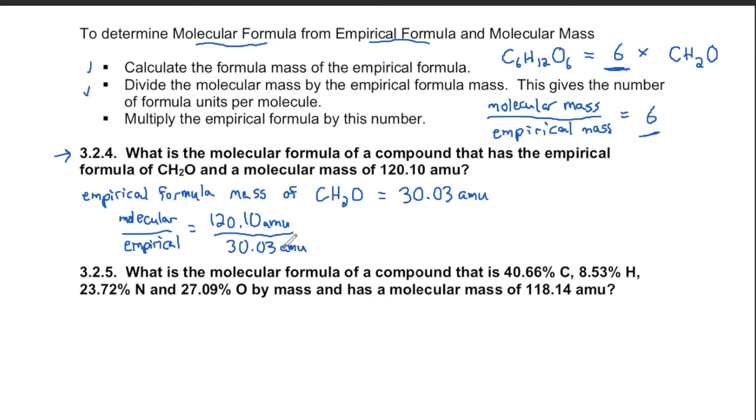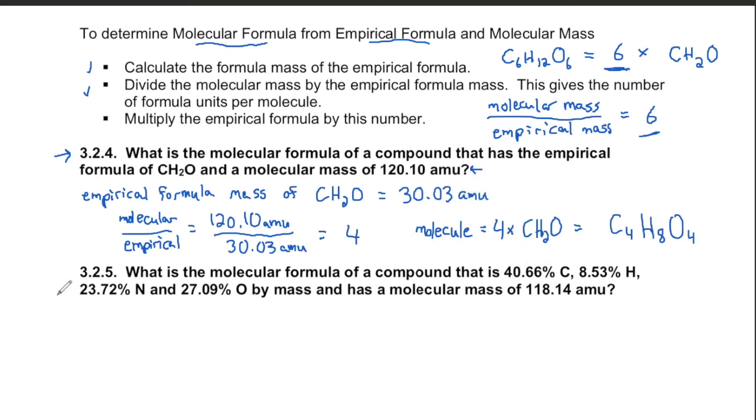If we divide it by the empirical formula mass, which we just calculated as 30.03, we get that it is 4 times as big. So our molecule is 4 times as big as CH2O. So our molecule must be C4H8O4. We can double check that by adding up what the molecular mass would be, and we should get something close to